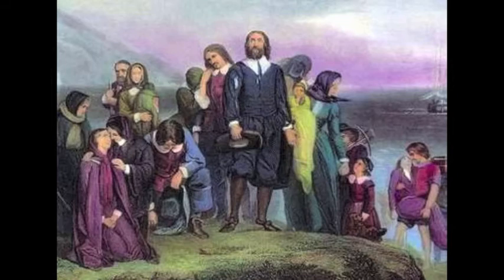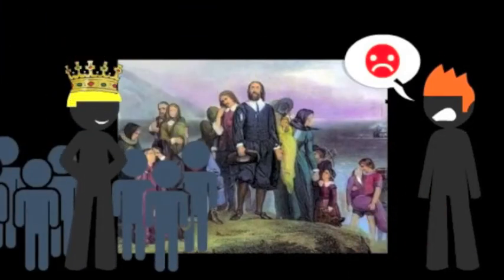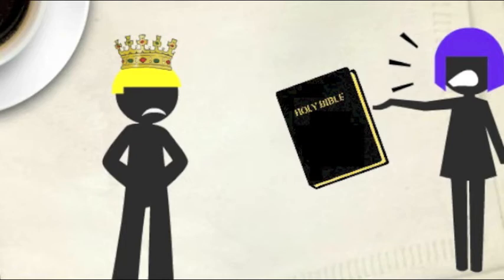This image shows the Puritans in America, which was their destination of migration. The Puritans were people who were against the King's Church, the Church of England. The Puritans thought that they should only follow rules set by the Bible and not add any extra rules set by the King.